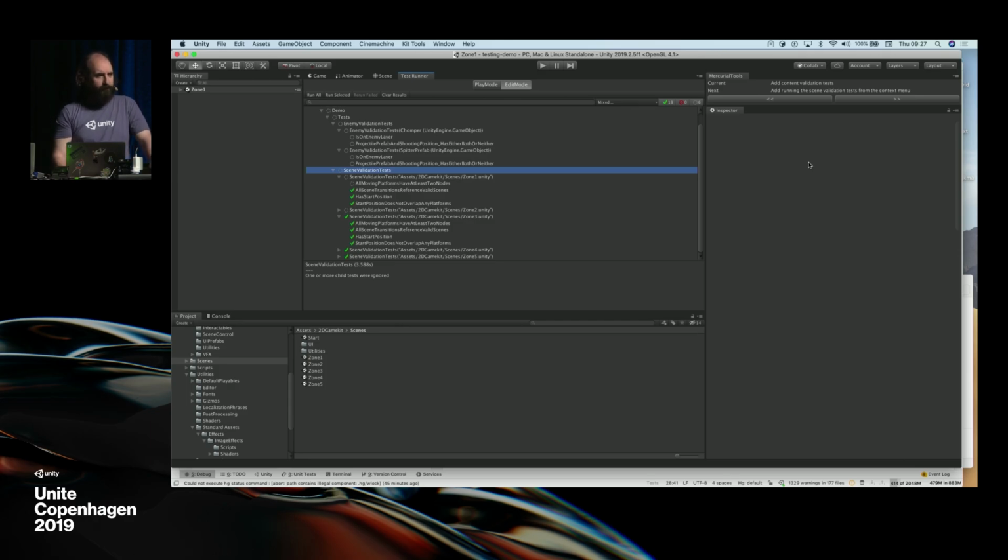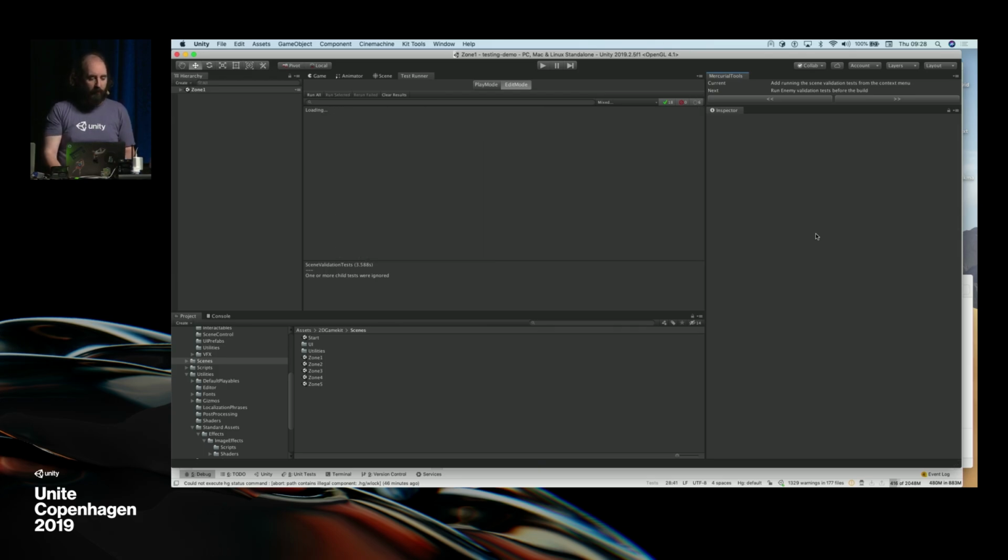But is this the best workflow? Like, if you have your designers and they're working on the level setup and so on, do you want them to go into the TestRunner window? Or is there a smoother way? Is there a way that you would be able to integrate that would get them to run the tests a bit more proactively? Well, what we can try doing is we can integrate the tests for that particular scene